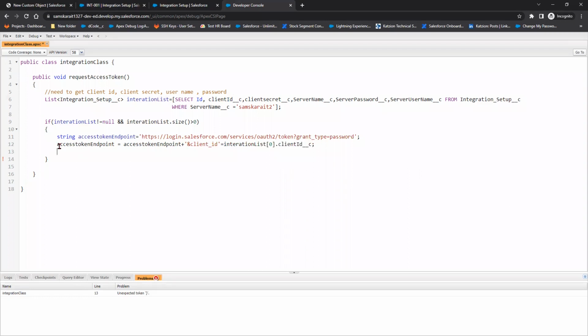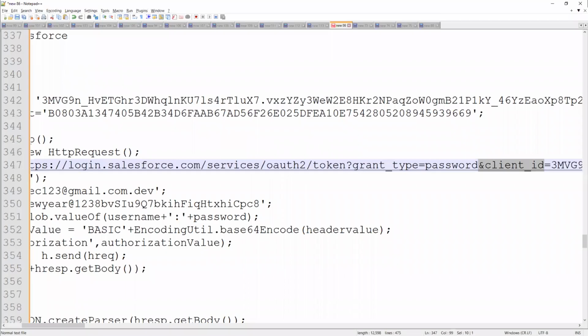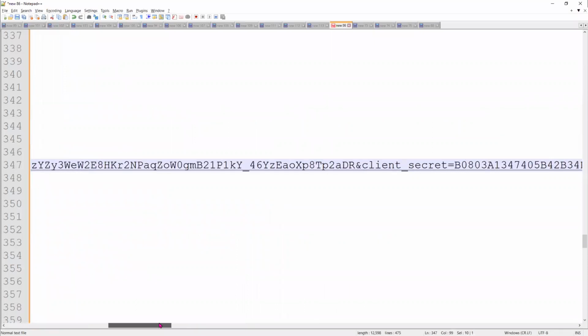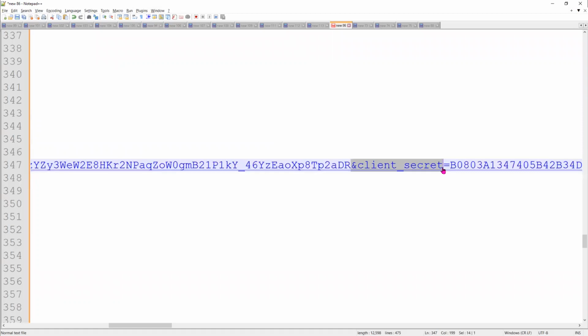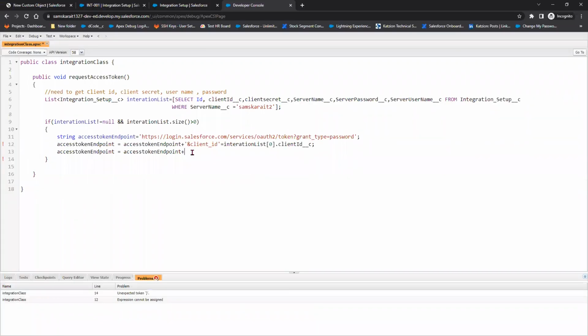Now, similarly, I am going to do the same thing, access token plus, the next one which I need to process is the client secret. Client secret equal to